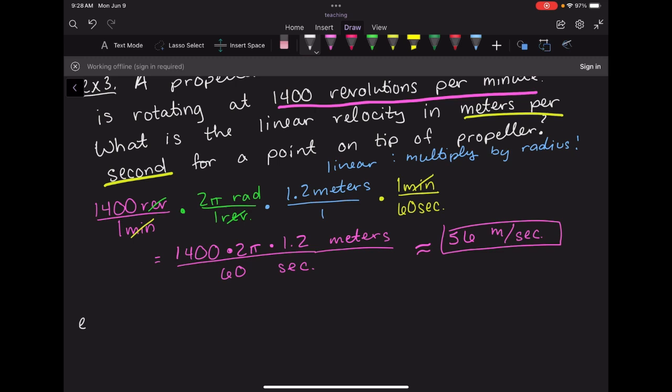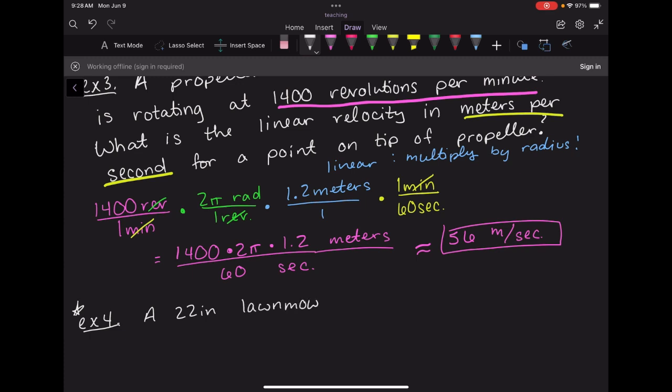Okay, let's do one more. This one I'm actually going to do angular and linear, that way you can see an example with both. This is more like something I would probably ask on the test, where I would have both in there. So this one says a 22-inch